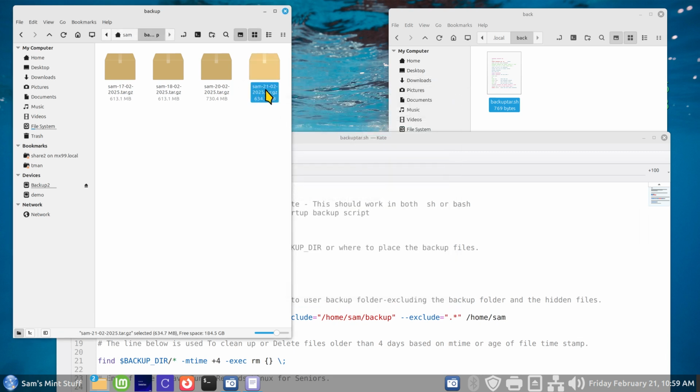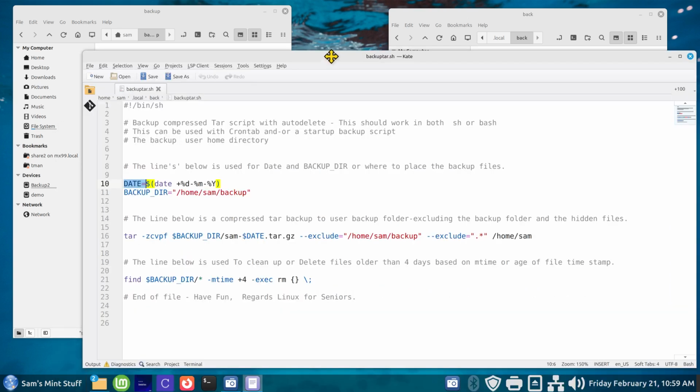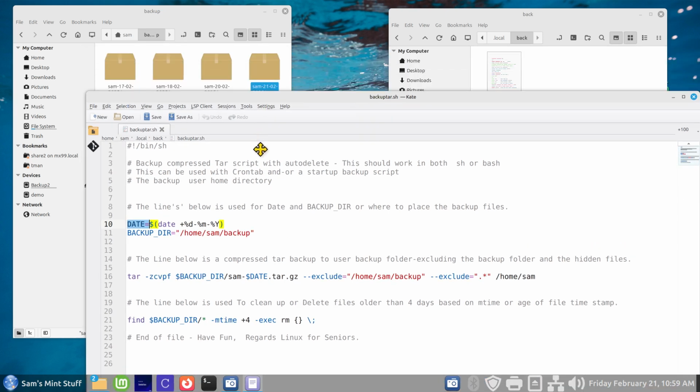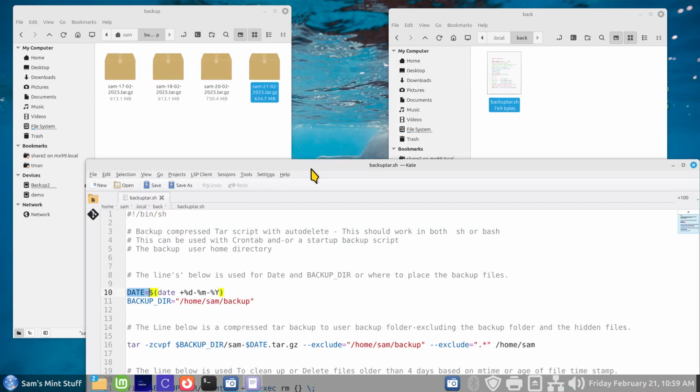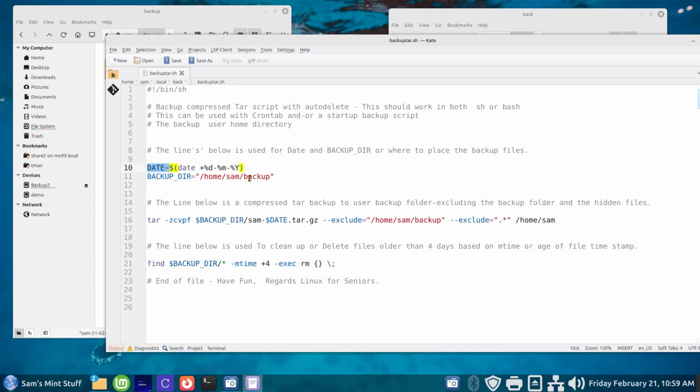10:58 was done 1 minute ago. So sam-21-02 2025. It will not create a new one until tomorrow. That's why I'm using that. If you want to add plus %i or %m for minutes and hours, you can do that, and it creates an excessive amount of these. I'm trying to keep these manageable to 4 or 5. All right, so in either case, let me move on to line 11,